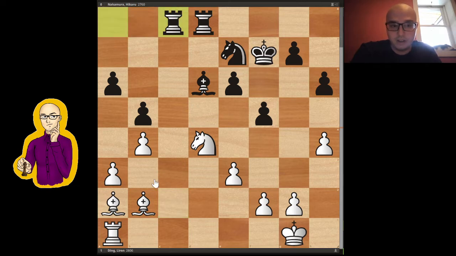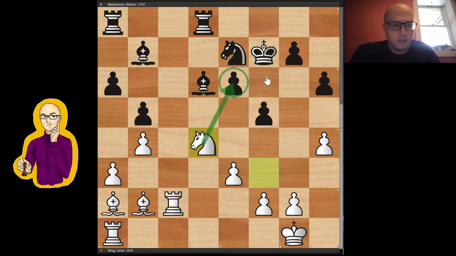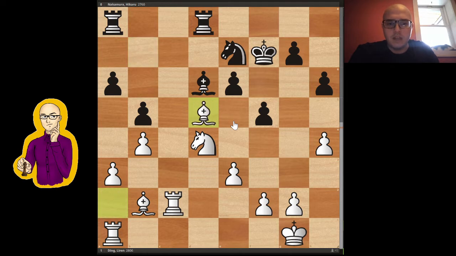Let's say if takes, you can just play knight takes, and this is a very disgusting discovered check. The rook is under attack, and white is just completely winning here. So that's not working. So bishop d5 was played, just offering an exchange of pieces. And after this was exchanged, it looks like black did something because he got rid of his light